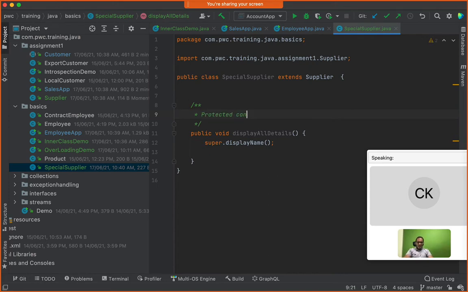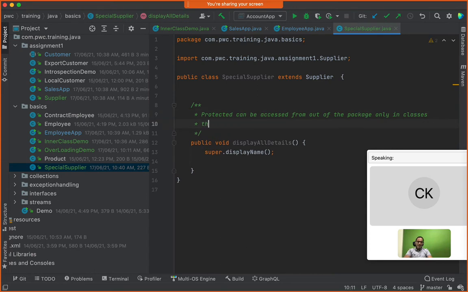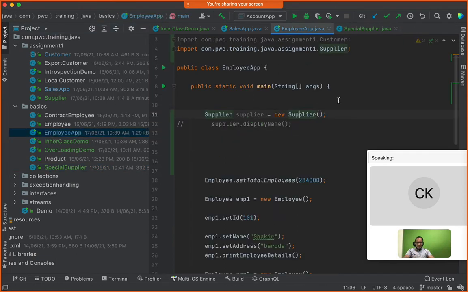Protected can be accessed from out of the package, only in inherited classes, whatever you understood in inheritance. Okay, fine. And here in this case,